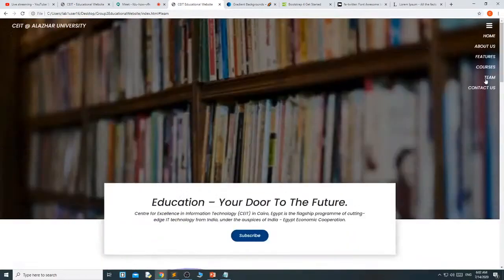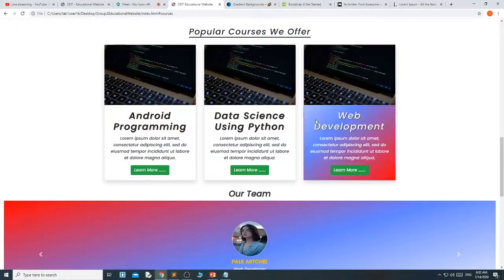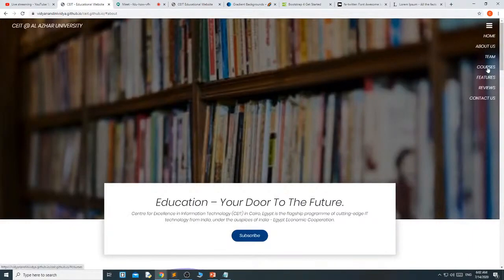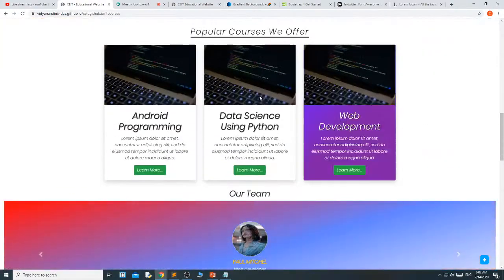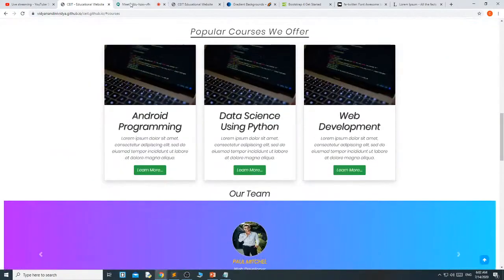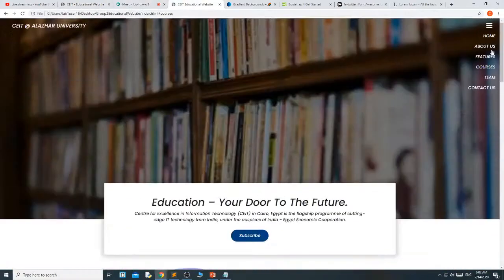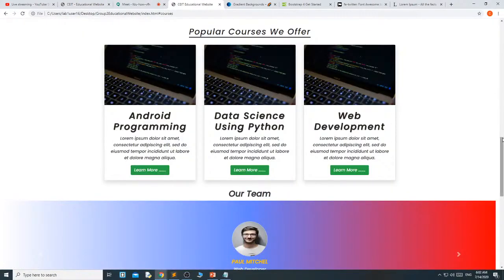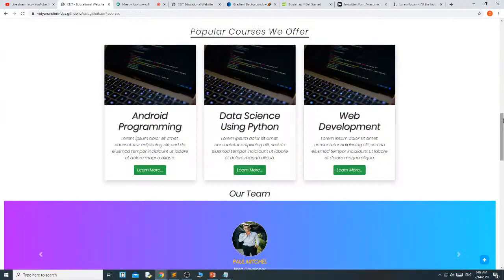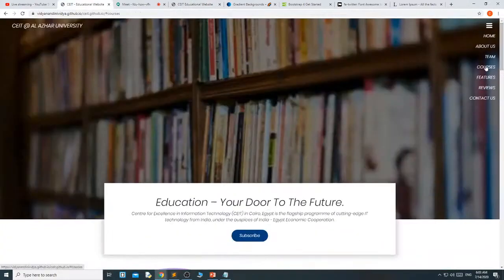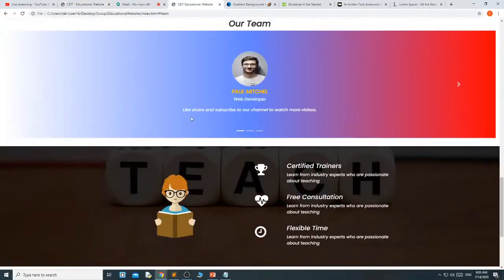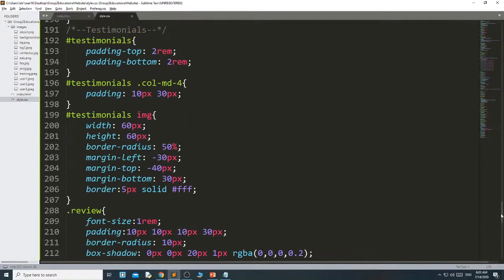See, when I click courses, suppose I am clicking courses, it directly goes to the courses, but in this case, just see, when I click courses it smoothly goes to the courses, not directly. See the difference, courses smoothly, but here directly. Okay, any particular link, if I click it goes directly, but here when I click any particular link it goes smoothly. This behavior you can add at the beginning of the style sheet.